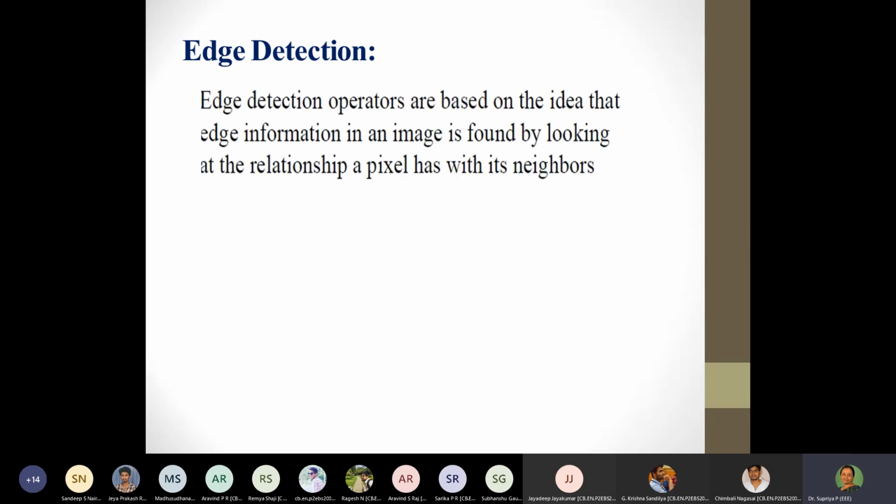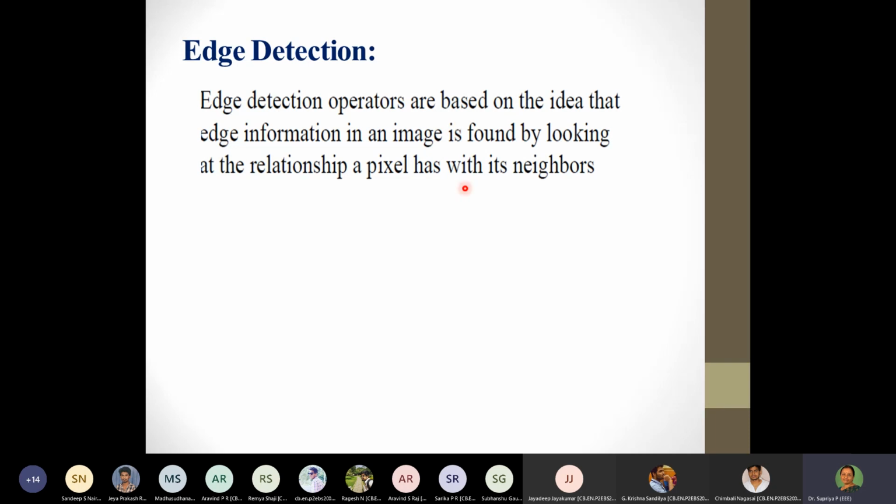Now let us go on to see what is this basic edge detection and how the edge detection needs to be done. Is it more effective than the basic smoothing? I think in our previous discussion itself we have seen edge detection is more effective, and the only problem that we are going to consider is, what if there is no change in the edge? Could we have such images also? So we may also have such cases, so we may need to go in for some thresholding to see whether a particular image has an edge or not. But generally any image will have a small transition, which means a small edge variation could at least be seen.